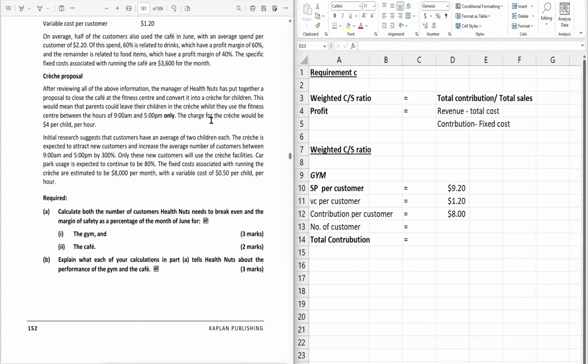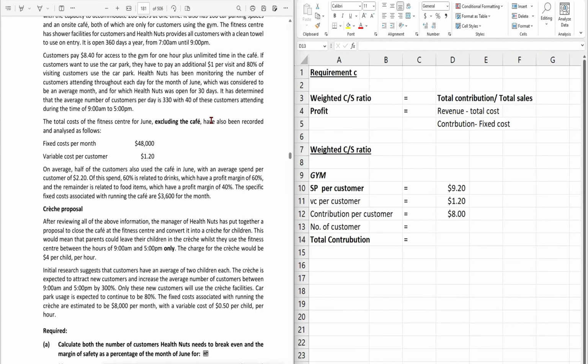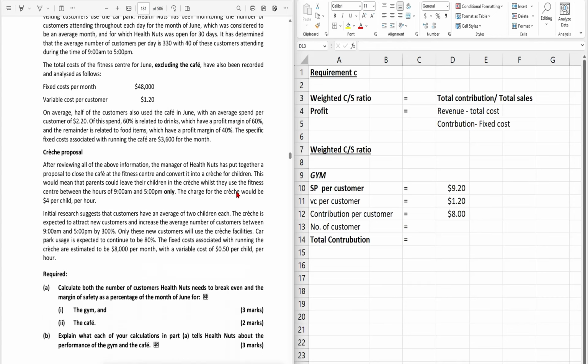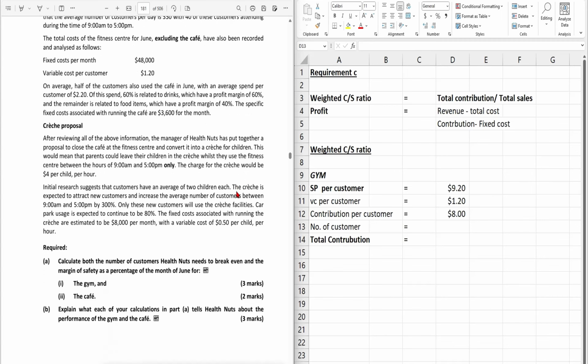So if you remember yesterday in the question, it was told that for the gym there is 330 somewhere. Yeah, here. It has been determined that the average number of customers per day is 330, with 40 of these customers attending during the time of 9 a.m. to 5 p.m. Okay, so this is the 330. So now if we offer the fees proposal, so here